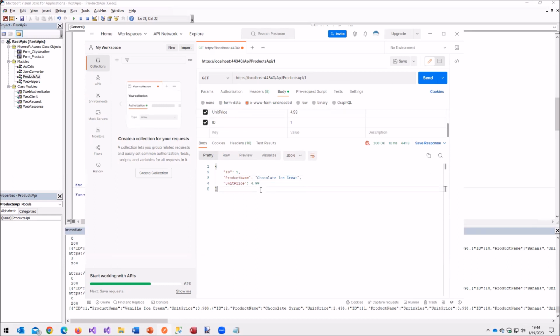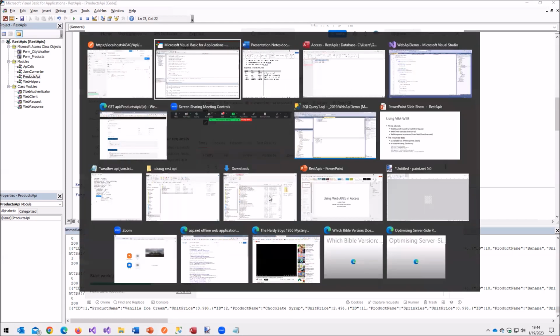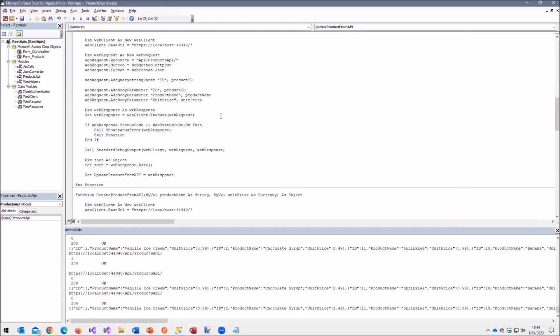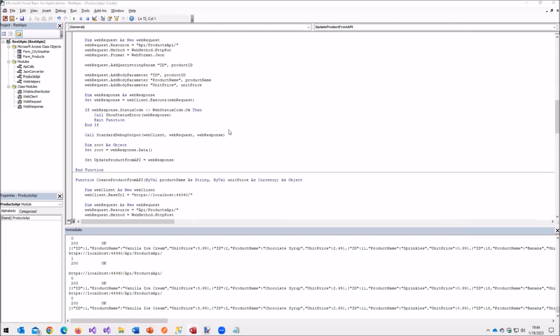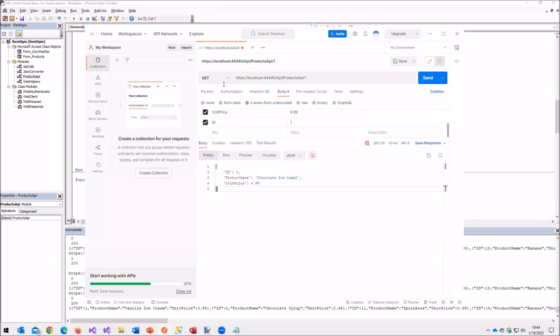Sorry, George, a quick question. Yes, sir. Do you have to update every field to update a single field? Good question. So in other words, if I have 20 fields and I just want to update one field, do I have to put in the other 19 with their values? Using put, yes, you do.